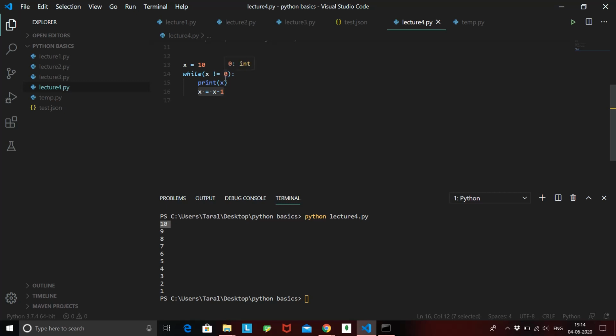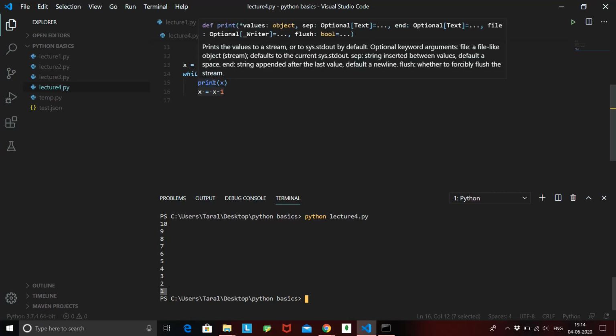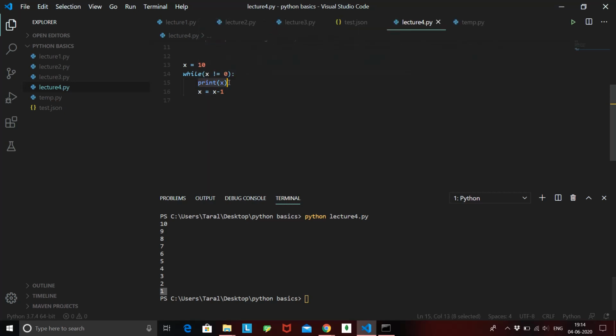So while doing this, every time we decrement the value of x, and once the value of x reaches 1, that is, we printed 1, and now I do x equal to 1 minus 1, now x got 0. Now the value stored inside x is 0 and this condition became false, because 0 is equal to 0, right? So when this condition is false, this loop has ended.